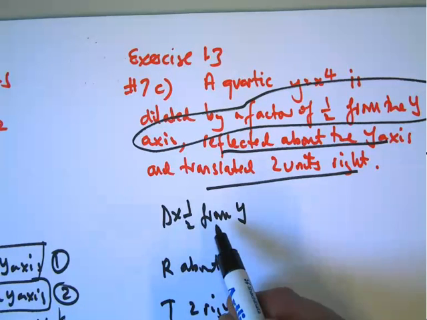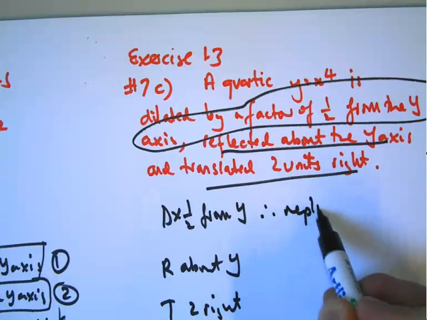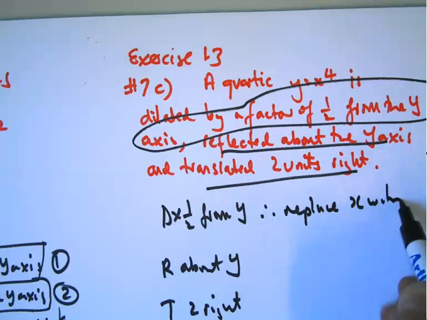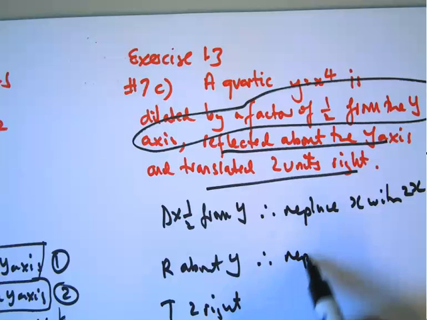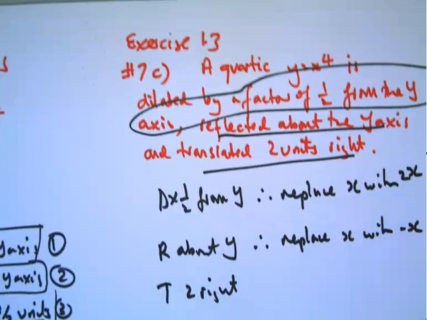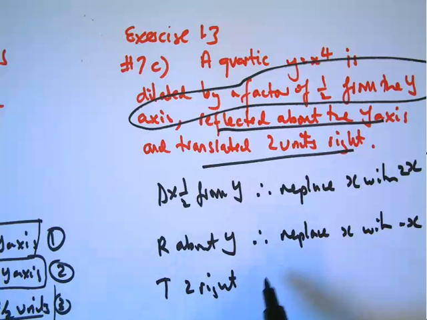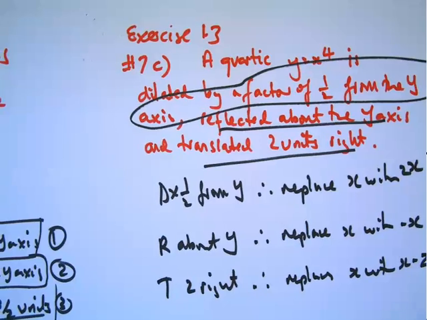If I have a dilation by a factor of 2 from the y-axis, therefore replace x with 2x. Reflection about the y-axis, therefore replace x with minus x. And translation to the right, therefore replace x with x minus 2. Those are my three replacements that I have to make. Okay, so piecing all of this together,